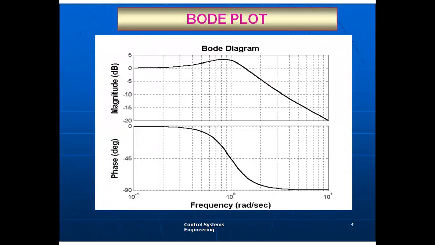So this is a pictorial representation of a Bode plot. This is drawn for a problem. Here the magnitude is on the y-axis, which is a linear scale, whereas the horizontal axis is the logarithmic scale, that is log omega. And the second plot is the phase angle plot. This is drawn as the phase angle with respect to frequency on the logarithmic scale.